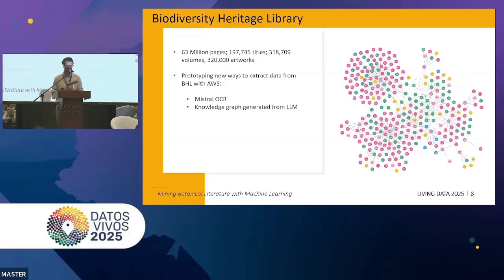And to give you a final example, we've been prototyping new ways of generating data from BHL using Mistral for OCRing the text, and then using LLMs to generate a knowledge graph from the literature. We're using Claude AI to identify people, taxon, localities, and institutions in the literature, and then it generates a Cypher query to insert these entities into a knowledge graph. Working with AWS, we created a prototype of this project in just 8 weeks. So that's OCRing,